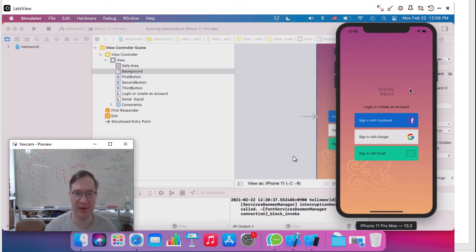Xcode gives us a way to create an emulator of the mobile phone on our Mac computer. For example, if you have a Mac device but you don't have an iPhone, this is the solution. You can use your Mac to create applications for iPhone even if you don't have an iPhone. At least it will be possible to check whether the application works or not and practice with the iOS